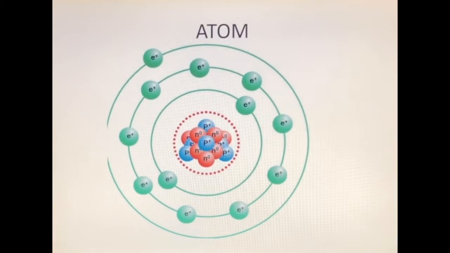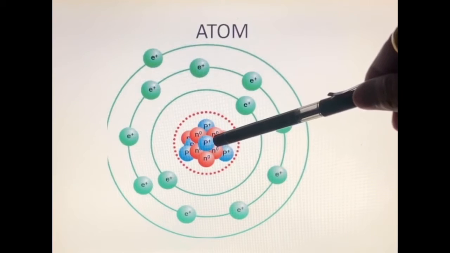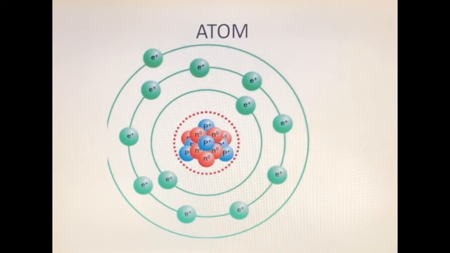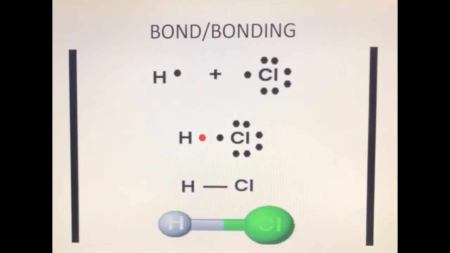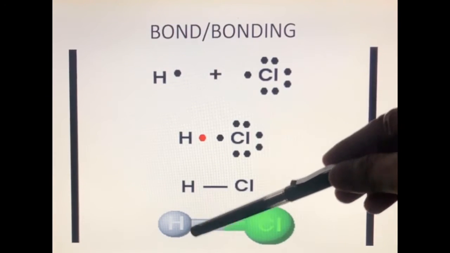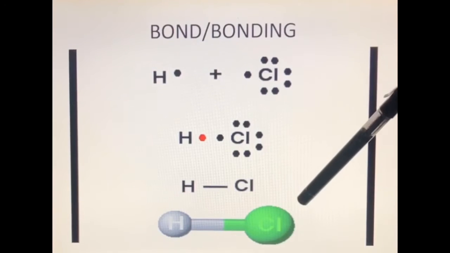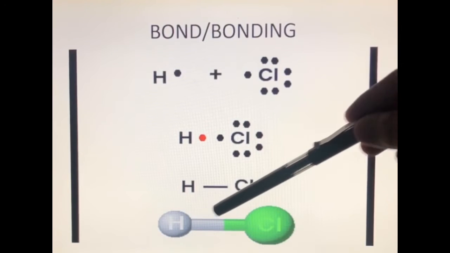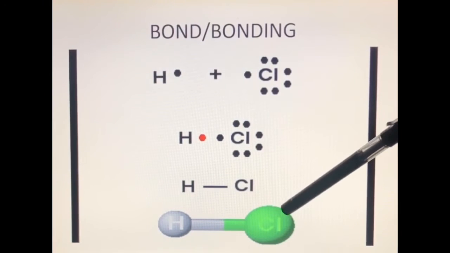An atom is the smallest unit of matter taking part in a chemical reaction. It is built up of some atomic particles like proton, neutron and electron. Two or more atoms, metallic or non-metallic, combine to form a molecule. The force which holds two or more atoms together in a stable molecule is known as chemical bond.